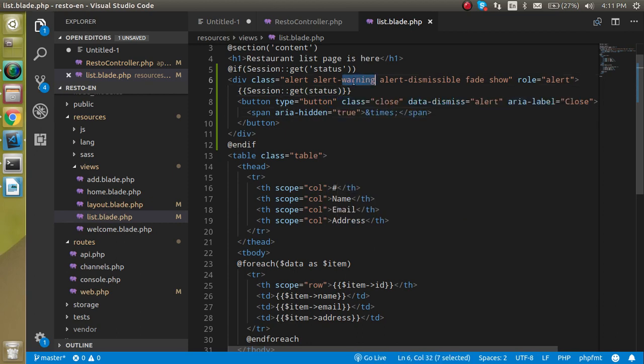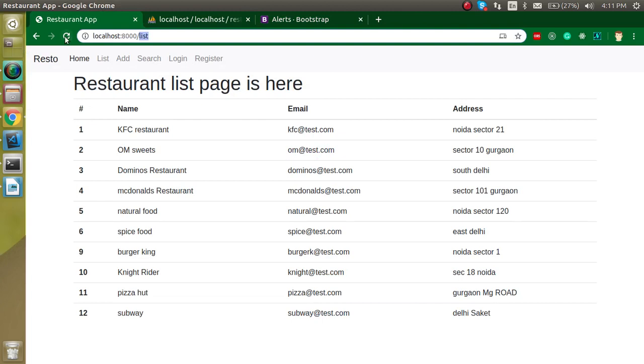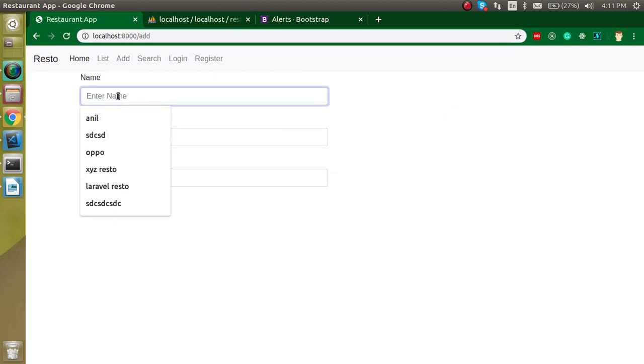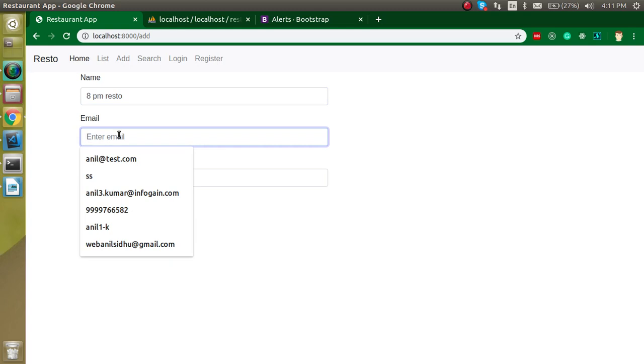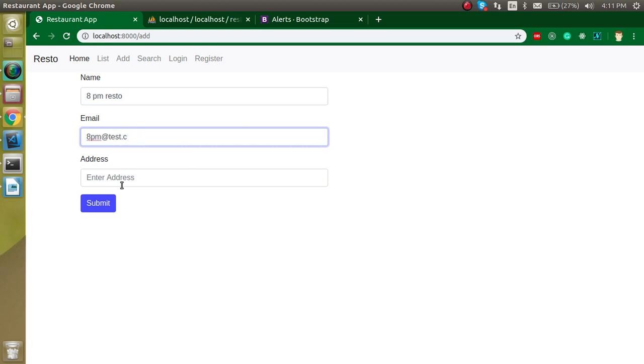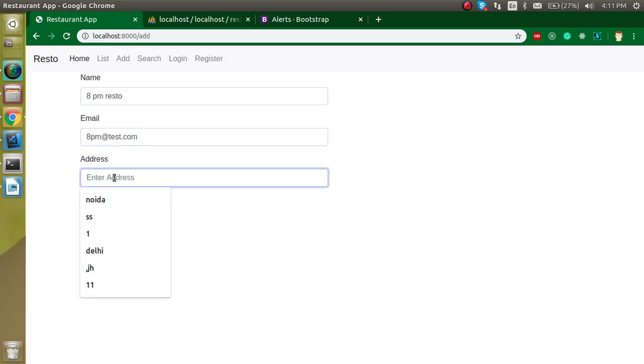Alright, so let's make this alert success so that we can see a green message here. So I hope everything is perfect now. Let me check with a new entry. So I'm just going to make a new entry with, let's say, 8 pm resto. And the email is also like 8pm@test.com, and let's say Gurgaon